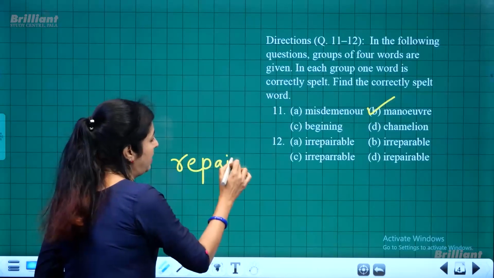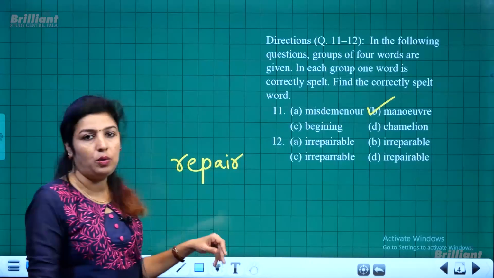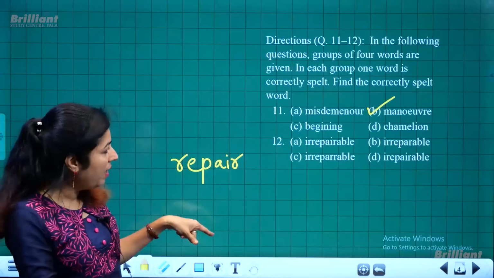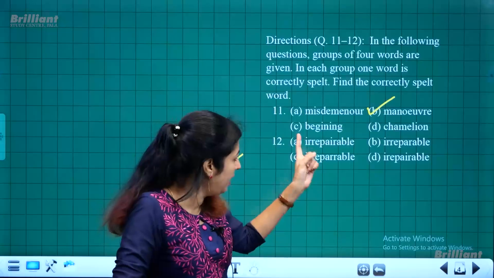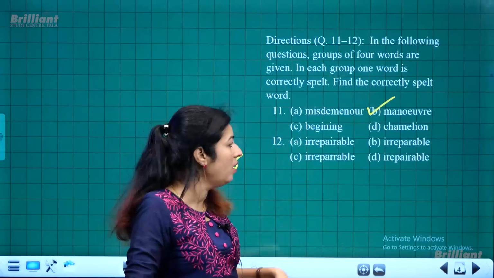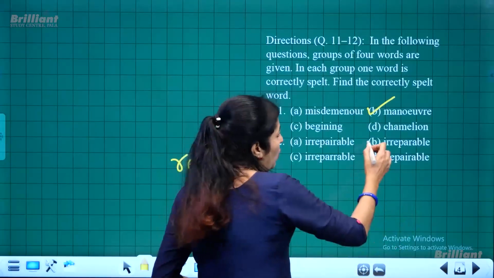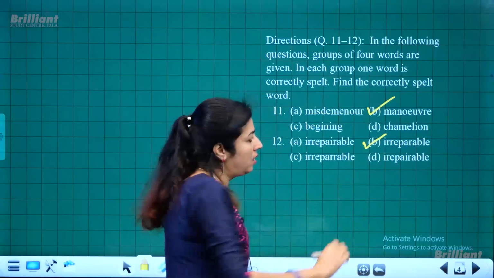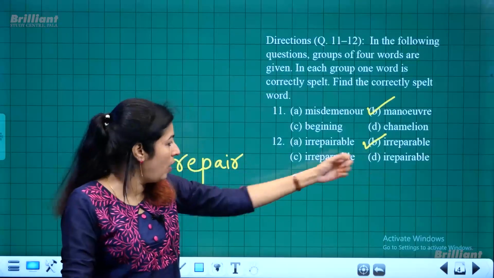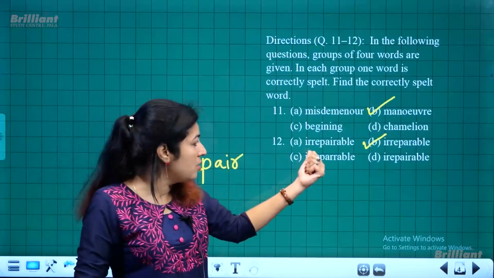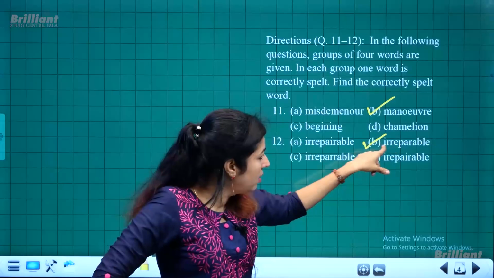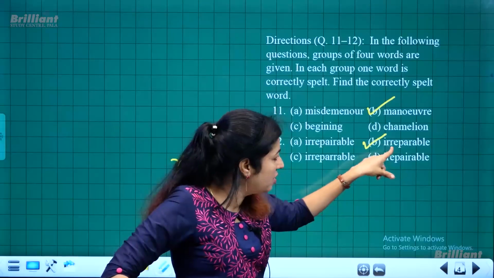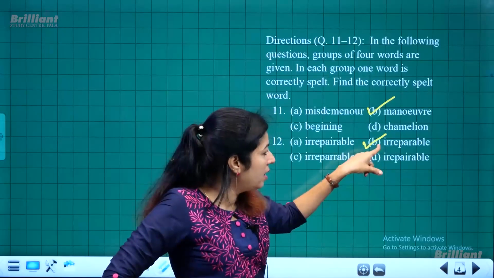Obviously we will have the tendency to connect it with the spelling of repair, and many of you might have chosen the first option, but that unfortunately is wrong. Irreparable is actually with this as a spelling, not P-A-I-R. So in the word repair we have P-A-I-R, but in the word irreparable actually there is no I, it should be